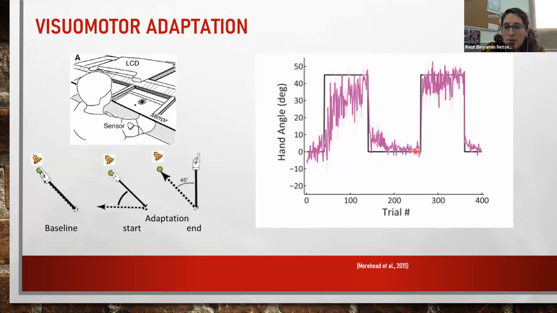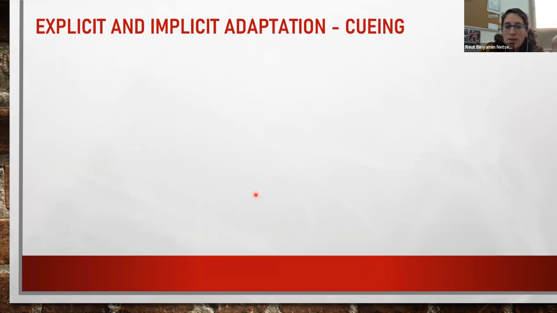And when the perturbation kicks in again, they adapt again, but as you can see here, much faster than here. This faster adaptation is called the savings phenomenon, in which people show faster performance gain when the same learning task is repeated. So the difference between here and here is the savings. One interesting phenomenon about adaptation is that it is driven by both strategic, explicit, and implicit learning mechanisms.